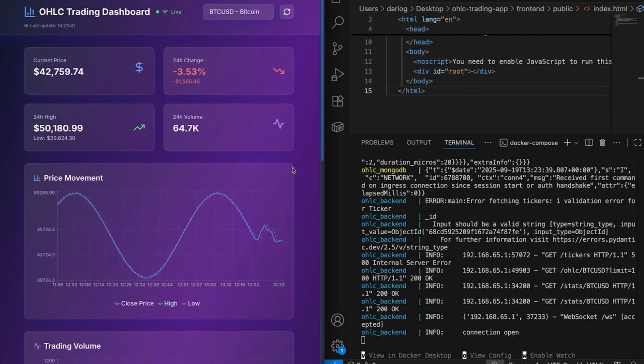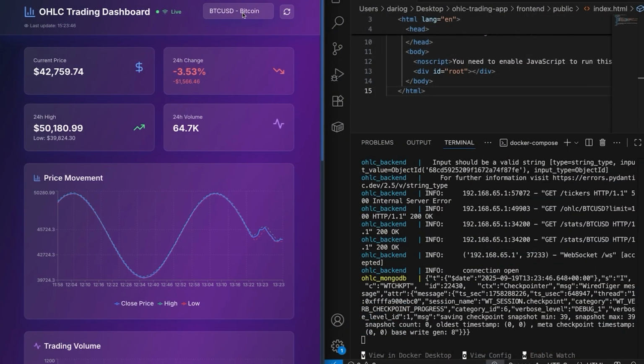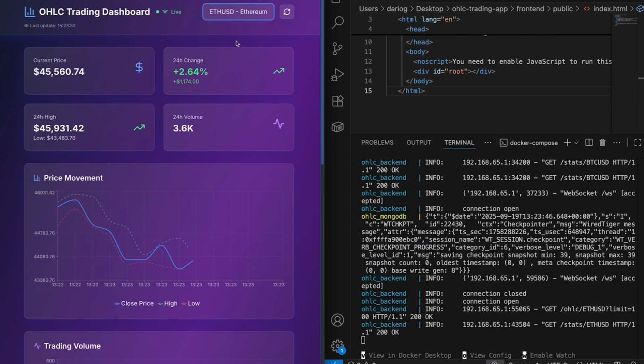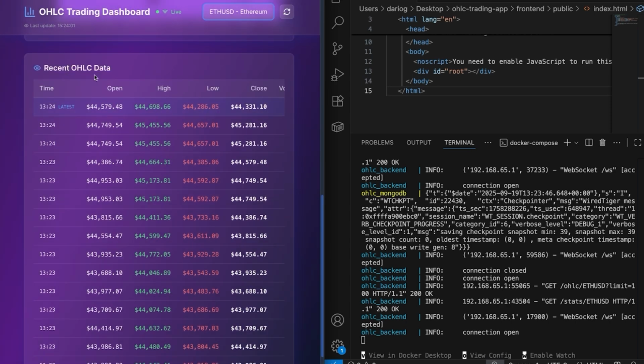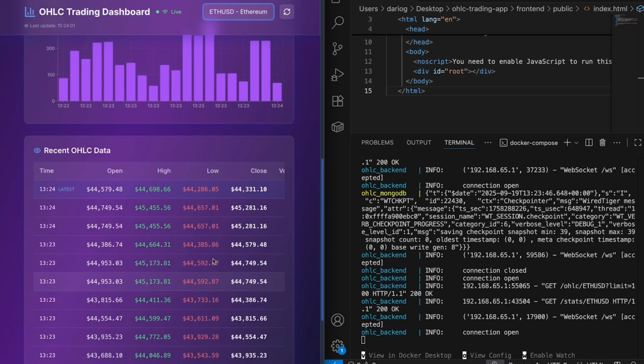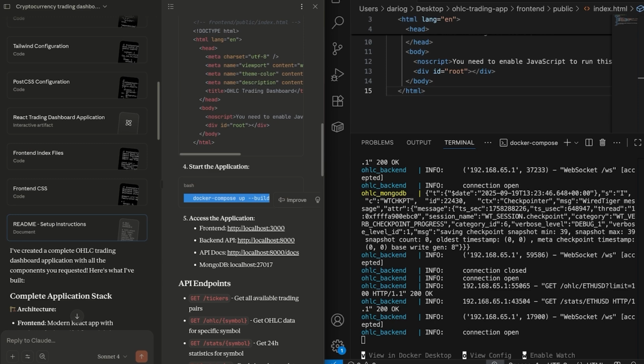So we have the application up and running. Here we should be able to alter between Bitcoin, Ethereum, and Cardano. And we should be able to see trading volumes as well, and the most recent open, high, low, close data. With that up and running, it's time for the next prompt of moving over this data to Tiger Data Postgres,